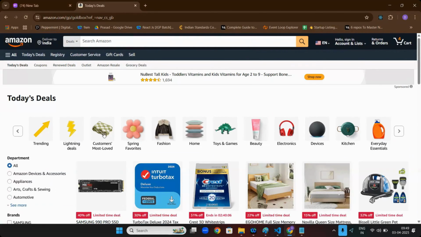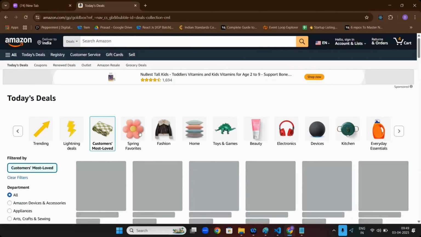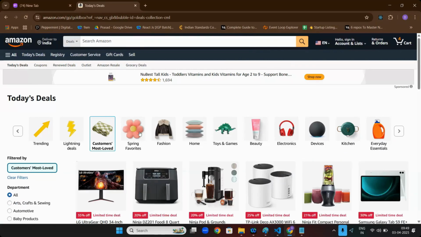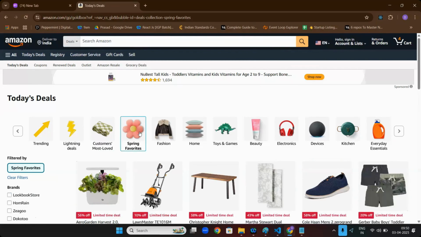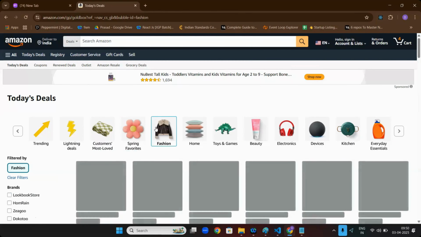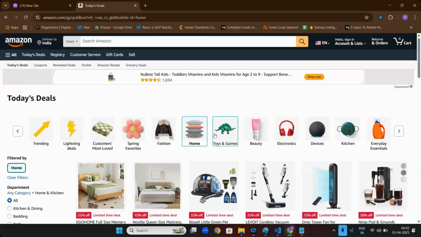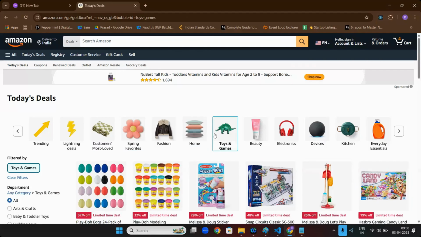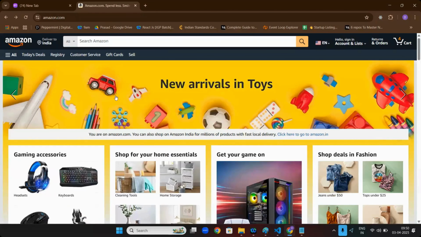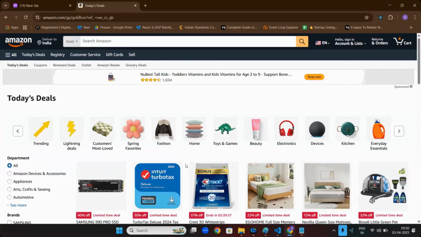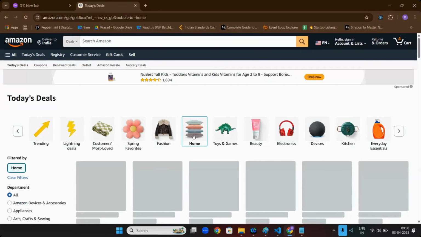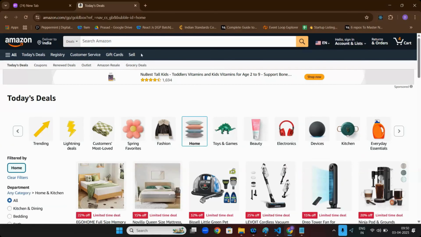Now let me click here on Customers' Most Loved. Now is this page loading? No, because that one has React. In this page React is not there. Now when I go here, see, React is there. Is it reloading the page? No, it should not reload normally.